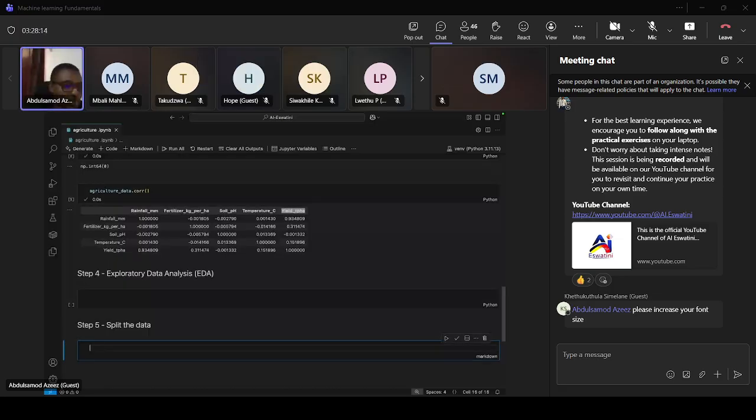So first we split the data, our X equals agriculture data